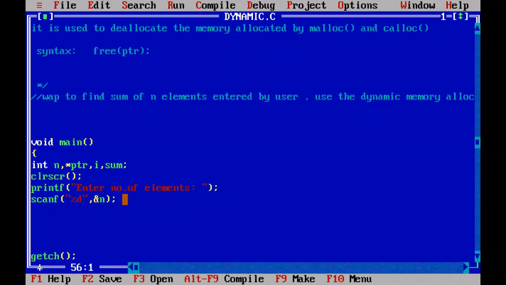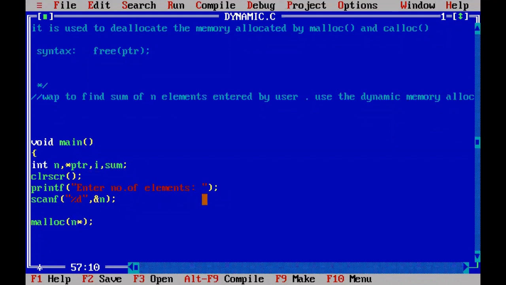So you know for how many elements you are going to allocate the memory, just use the malloc function. Inside this we have to give, for n number of elements where n is 5, and each element will take 2 bytes.